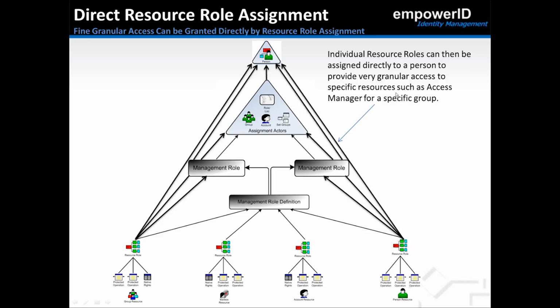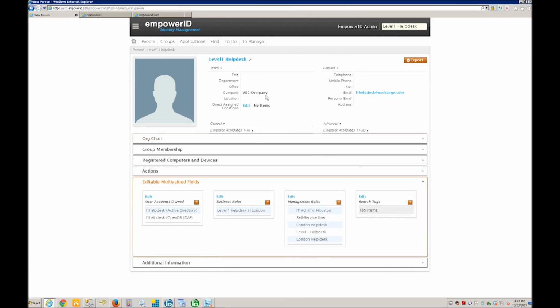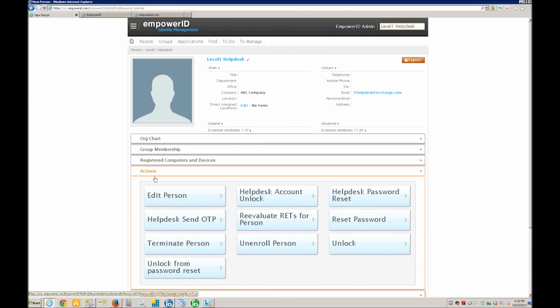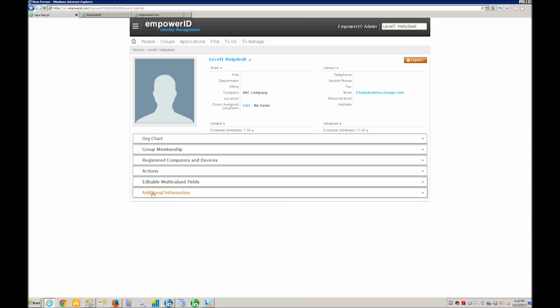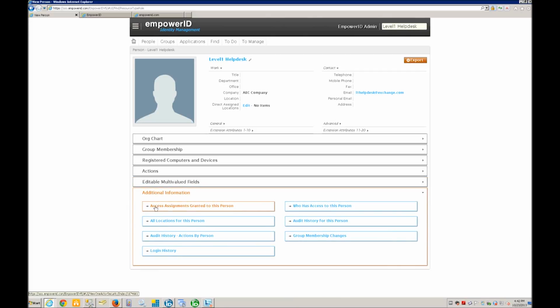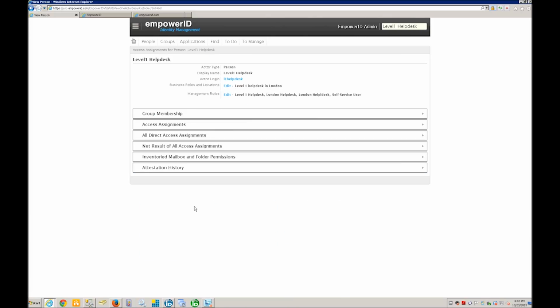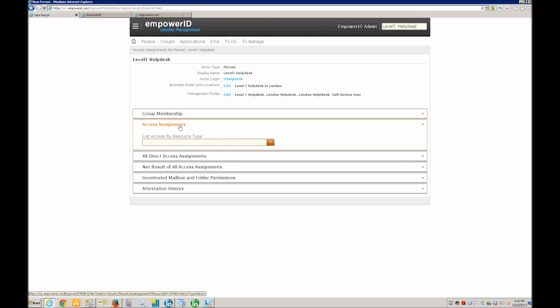So given all the rest of the assignments that our user now has for the London help desk, for the IT admin in Houston, we could go back into that person where we are here, and we could go to our additional information and go to access assignments granted to this person,